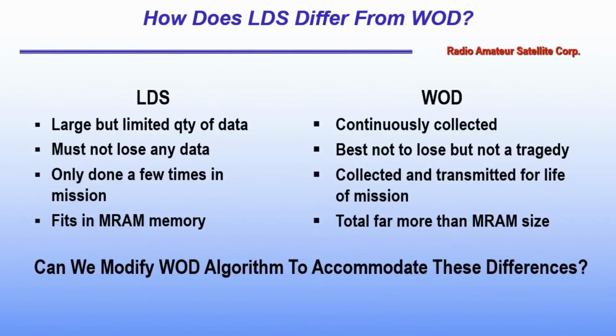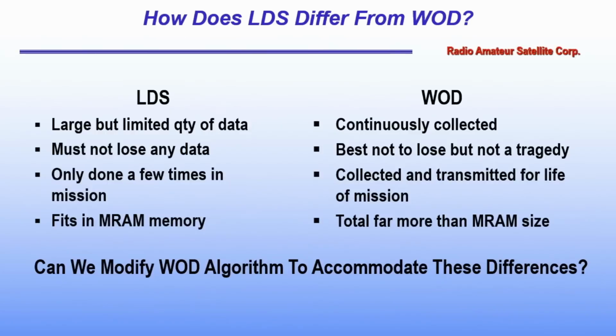So how does LDS differ from whole orbit data? LDS is a large quantity of data, but it's limited, so it just doesn't keep going forever. Whole orbit data is continuously collected. With LDS, we don't want to lose any data. We need all that data for the commissioning process. Whole orbit data, if we miss some, well, it's too bad, but it's not a tragedy. The LDS is only done a few times in the mission. Whole orbit data we'd like to do continuously